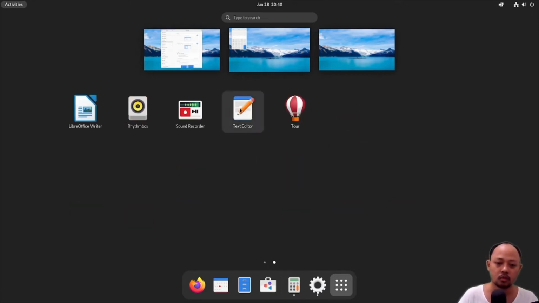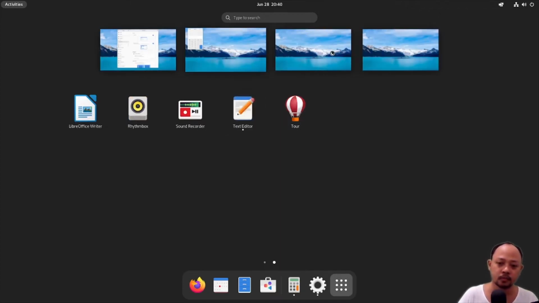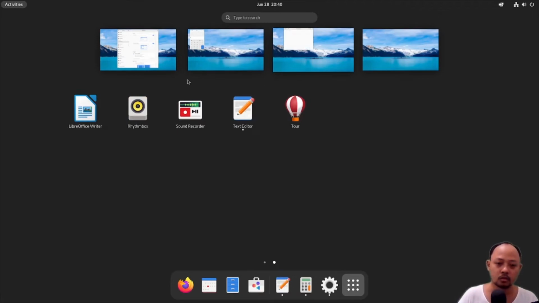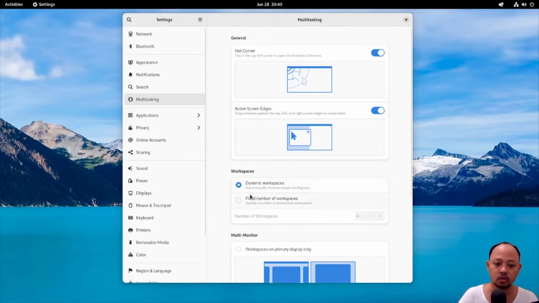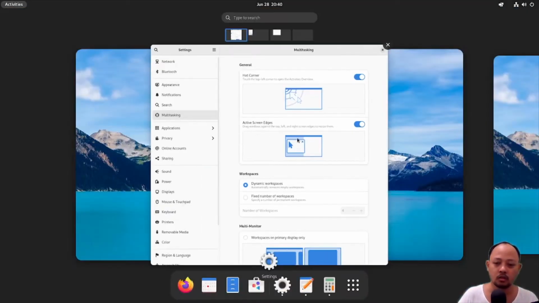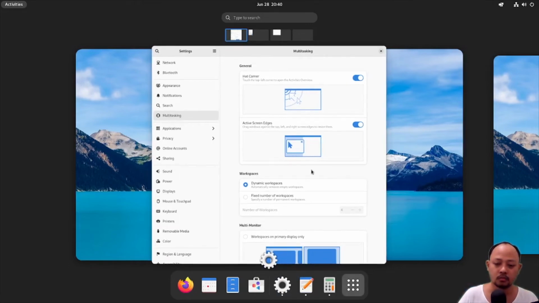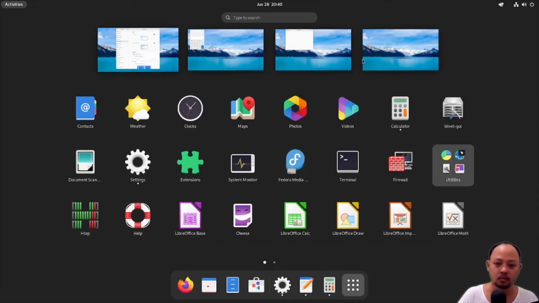For example, again, I will drag the text editor. Because we chose dynamic workspaces, the workspace becomes dynamic.